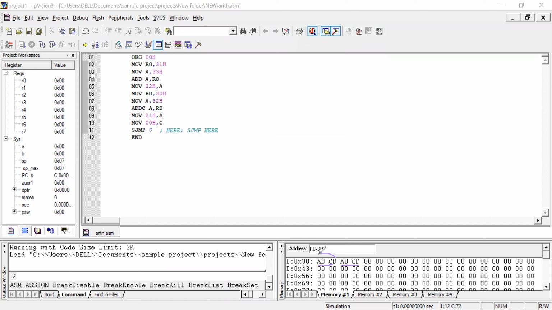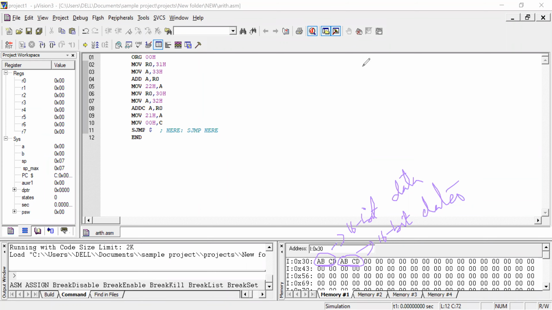These two data I'm going to add. This is one 16-bit data and this is another 16-bit data. These are my two 16-bit data.